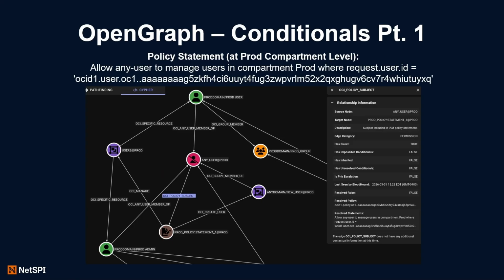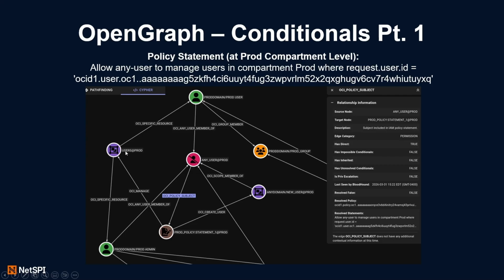And then conditionals. So for example, let's say we have a policy that is allow any user to manage users in compartment prod where request.userid is this big OCID. So if we graph it in the default stage again, right, you will see any user is the subject of this policy. That policy allows you to manage users at prod, right?